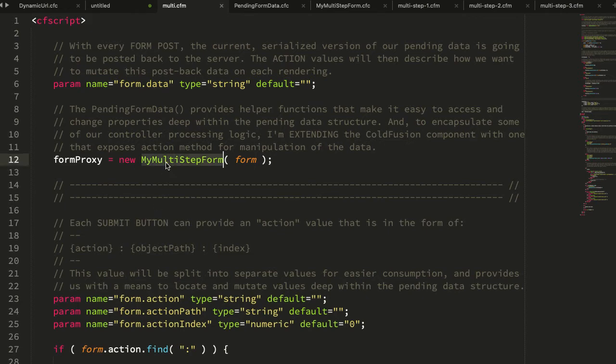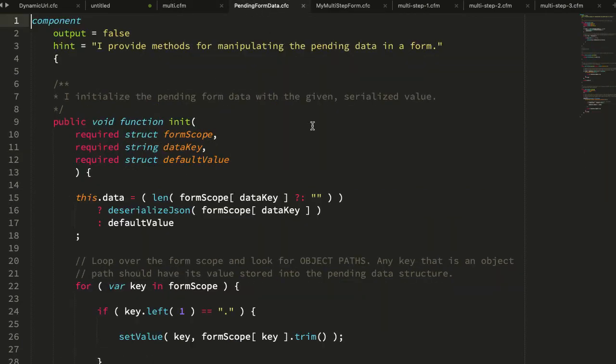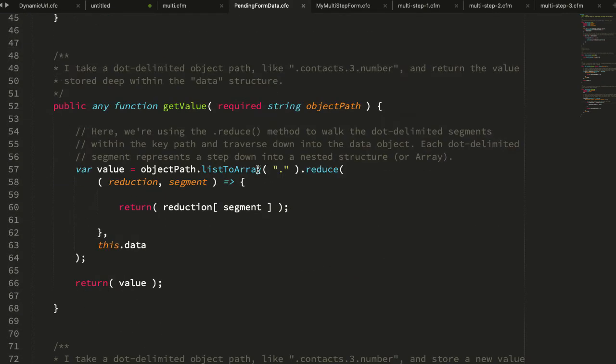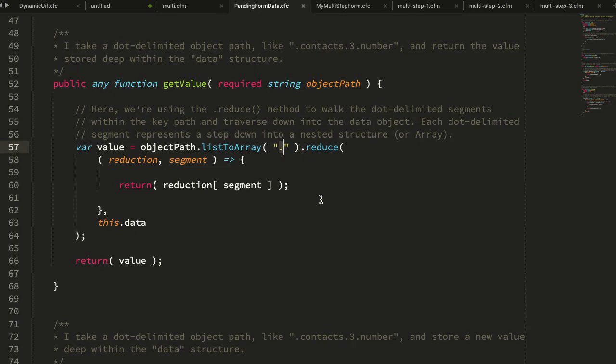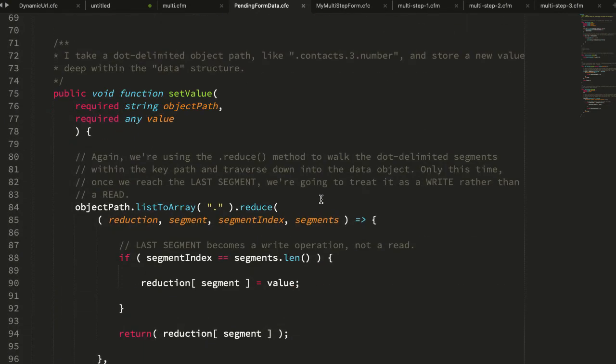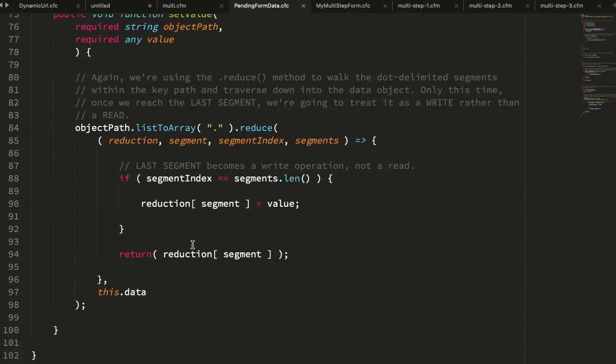And because of that, I want to move some of that logic into this ColdFusion component, my multi-step form, which is going to extend the pending form data from the previous demo. The pending form data is using those .object paths that we discussed in the last post to access and set various values within the complex